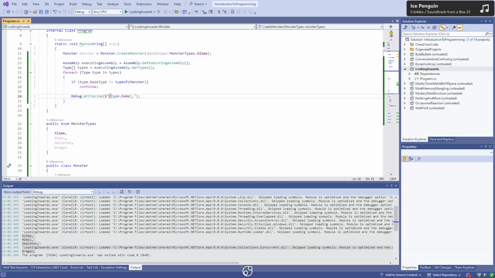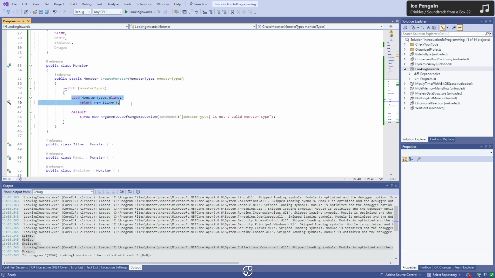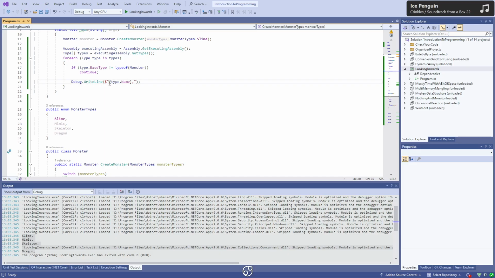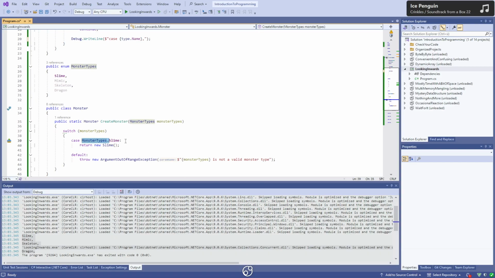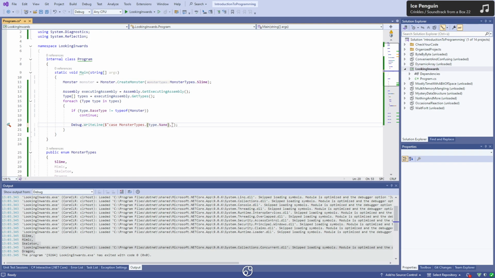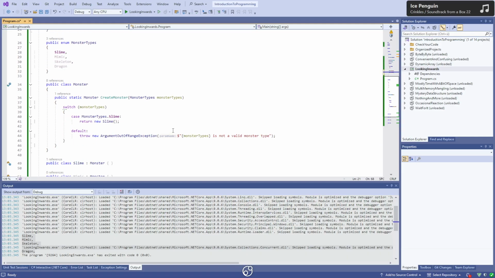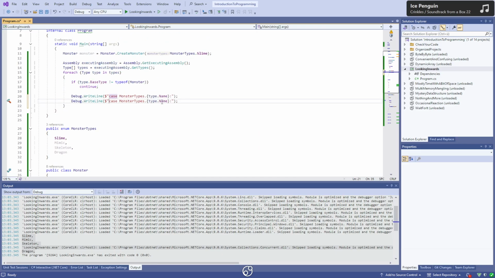So that's that. And we can also create the cases here. So let's just do case type.Name. Well, type.Name is not correct because we do need to add the Monster types in front, which we can just do like this. We're just writing out text that happens to match the exact text we need to paste in our code. And we can also just copy this now, do a new line, Slime, and instead of Slime we do type.Name. And so when I execute this now,